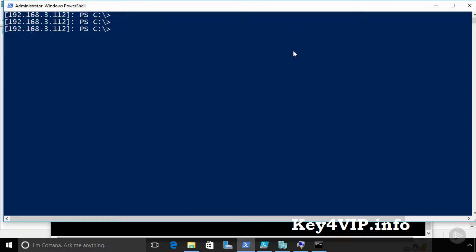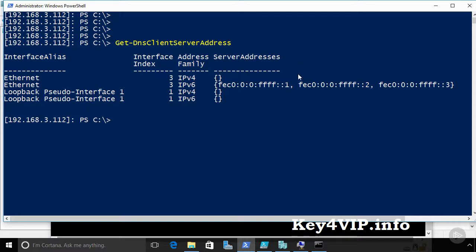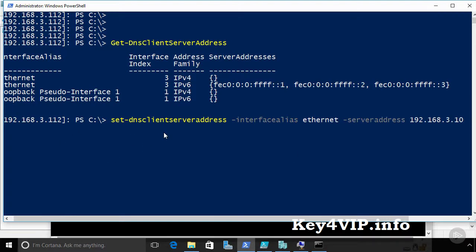So let's now, on this remote machine 3.112, start this process by checking out all the DNS configurations that we need to set up and then pointing this towards the DNS server here for our environment. Let's take a look here. DNS client server address right here should tell us that, well, for our Ethernet address right here, we are simply using the default Ethernet addresses here, these IPv6 addresses, and nothing here for IPv4. So let's enter in a separate command here, which I'll copy and paste from over here, which will configure a connection to